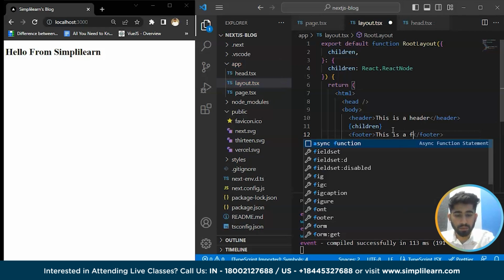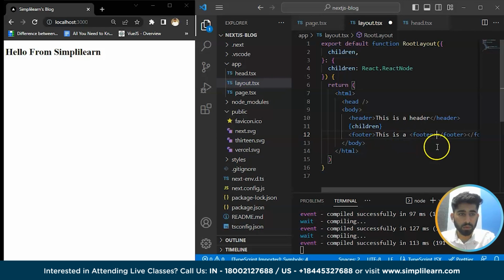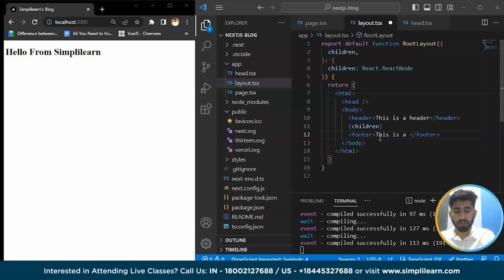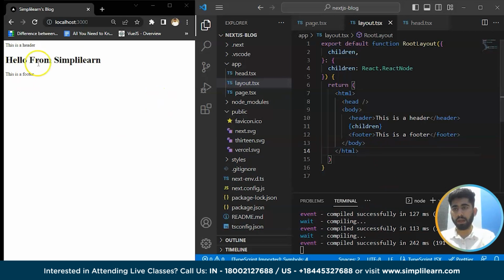This is a footer. So let's save this one. And as you can see, it is showing this is a header, the content, and this is a footer. This is all working because of this children component that we have created, and this is fetching the